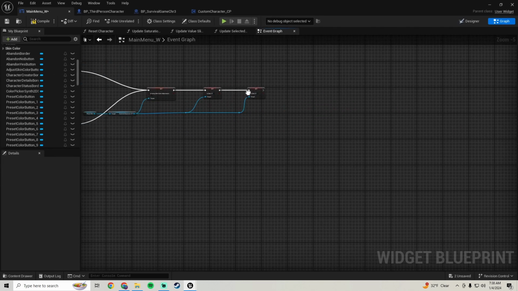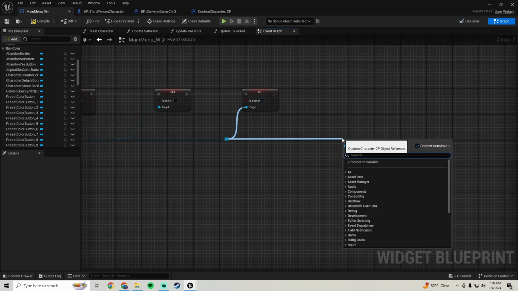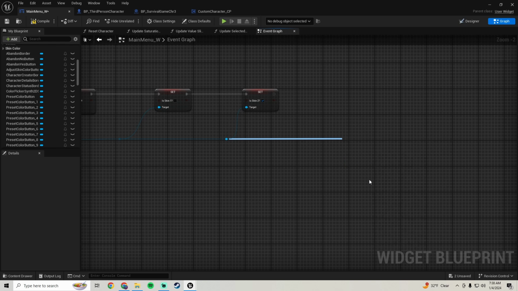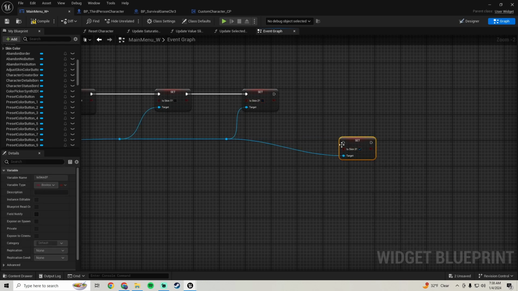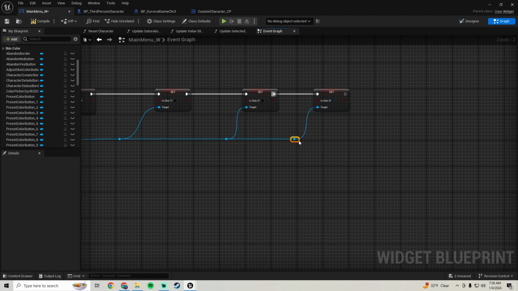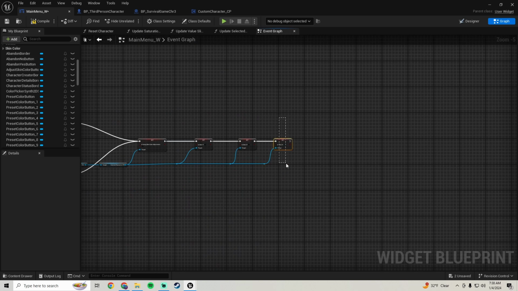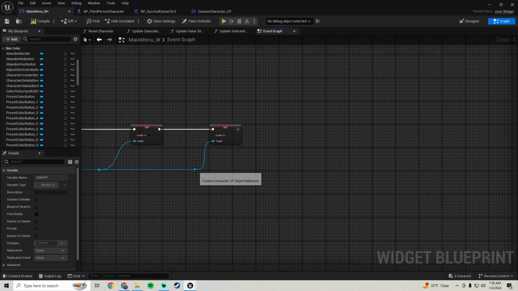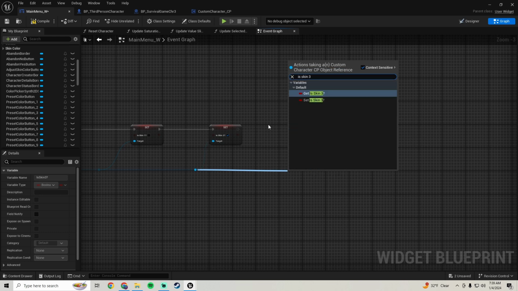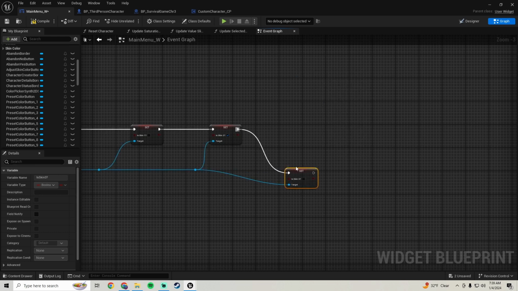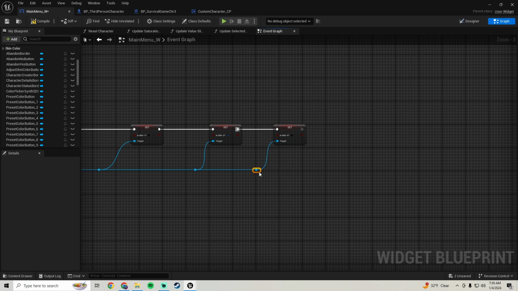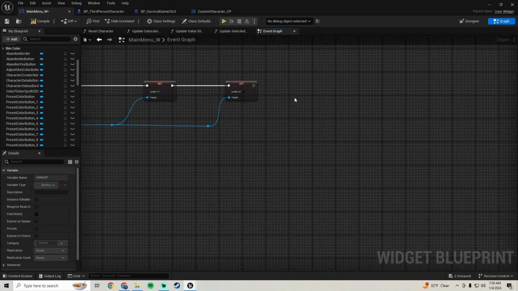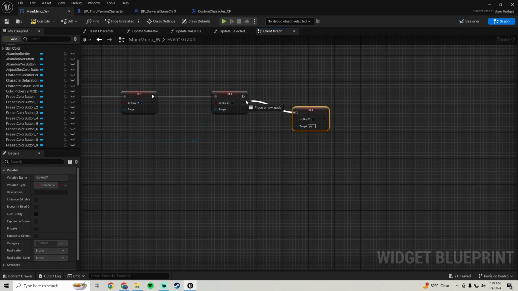And then we want to add our new boolean in, is skin 3, set is skin 3 to true, set is skin 2 to false. Plug that in, add the reroutes, and we need to set this new is skin 3 boolean to false on all the other buttons. So is skin 3, plug it in, leave it to false. We're going to add this to our other buttons. Plug it in